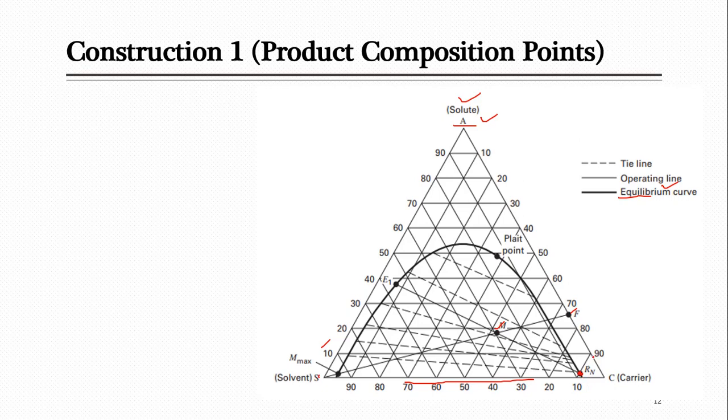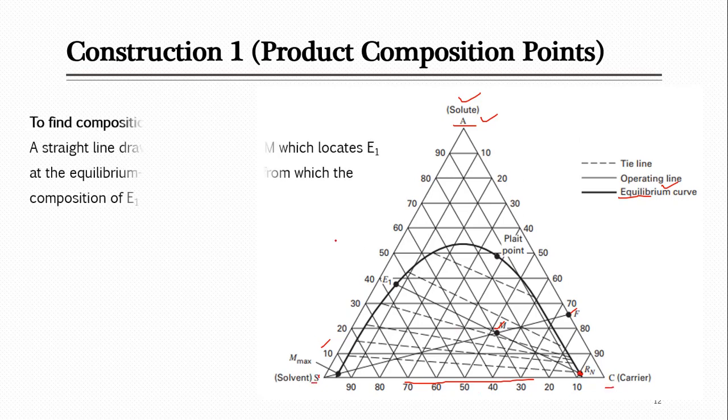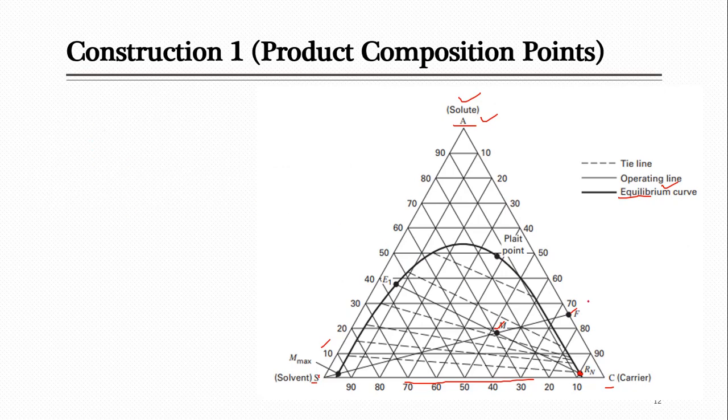Now that you have located this point, it's very easy to find the composition of C and S with the help of this point, as we talked about in the last slide. Before I jump to that, just look: when you know R X_A on this line, that is 2.5, you know this point, and it is located on this equilibrium line. So now try to find the other components of this point. The other components mean we have to look for the carrier and the solvent.